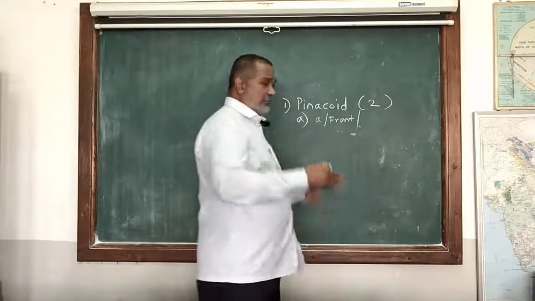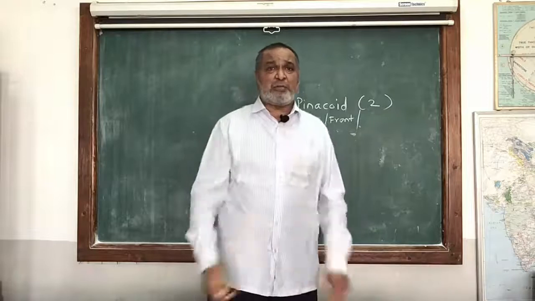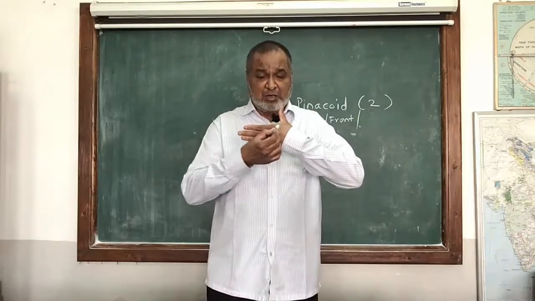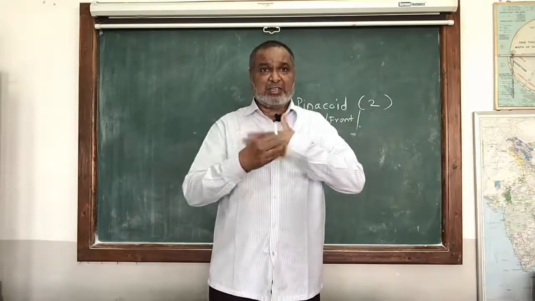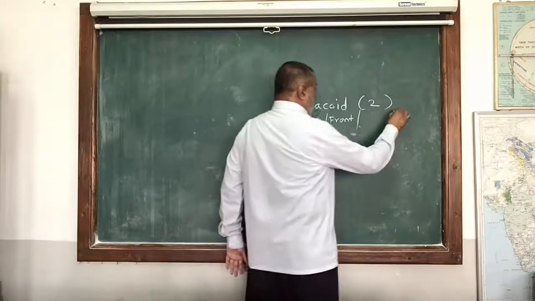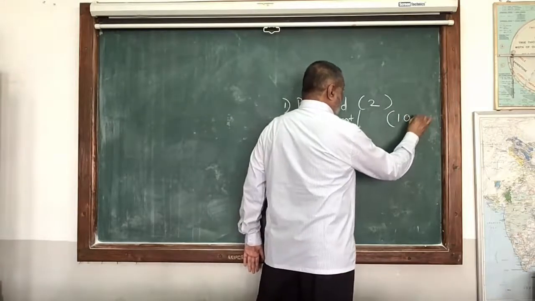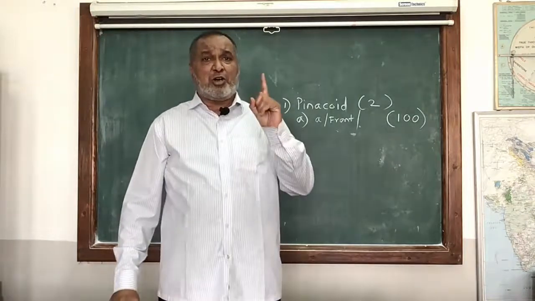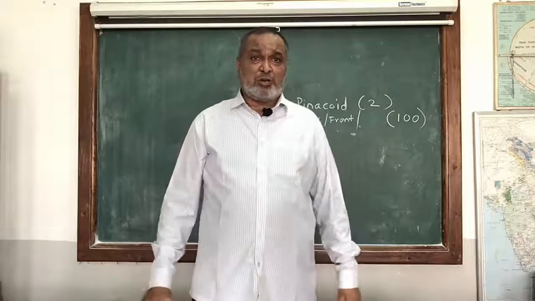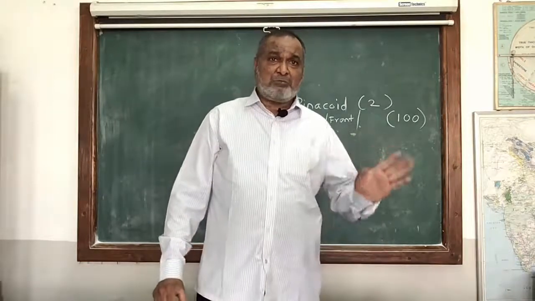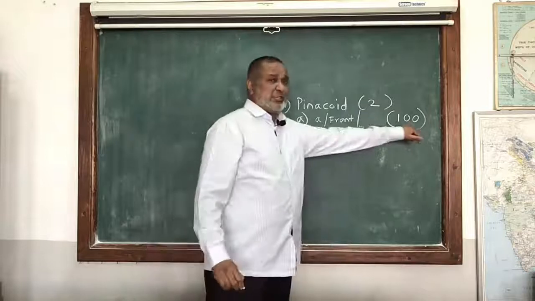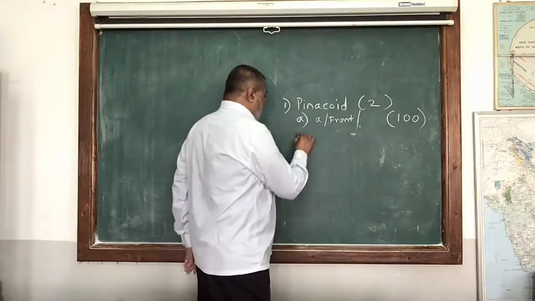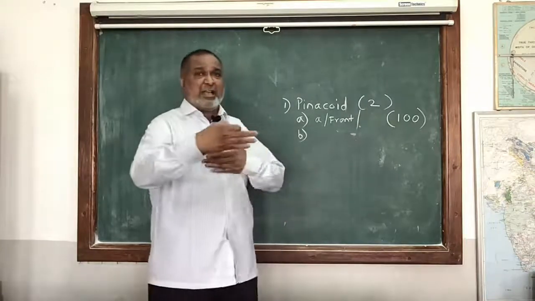Whenever it is on the front axis, only the A axis will pass through the center of the face, but B remains parallel and C remains parallel. So when it cuts your A axis, the indices are 1, 0, 0. The pinacoid is only going to cut one axis, remaining parallel to the other axes. If A is cut, B and C remain parallel. So 1, 0, 0 is the A pinacoid, or front pinacoid, a pair present along the front and back of the A axis.